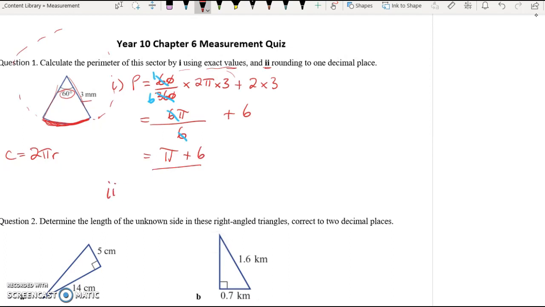For part 2, we've just got to work out the perimeter by putting that in on the calculator. Really, we could have put this whole thing in on the calculator to get our answer. But we get out a calculator and go pi plus 6. It says 9.1415, and so on and so forth. Now it says to one decimal place, so we're going to say that's 9.1 millimetres, rounded to one decimal place, and that's approximately equal to, we should be putting,